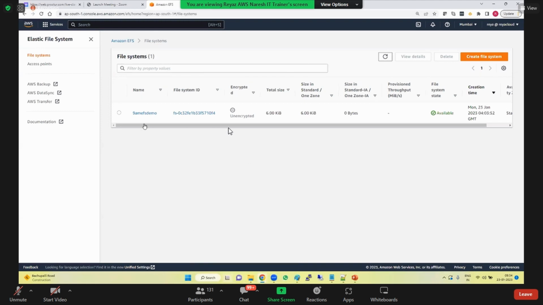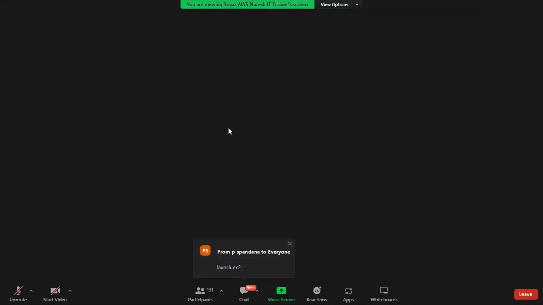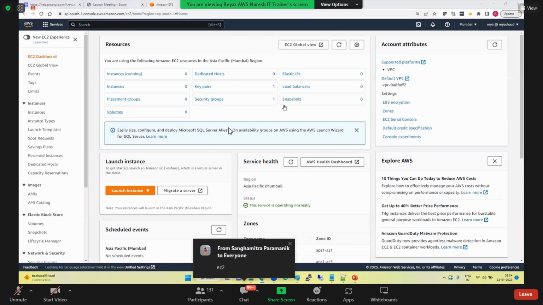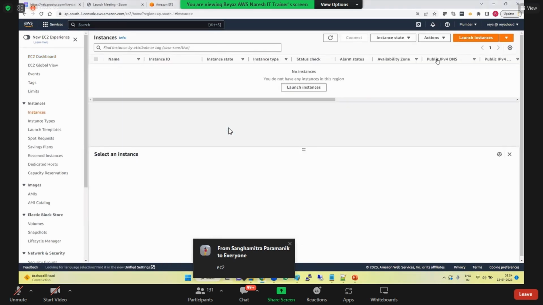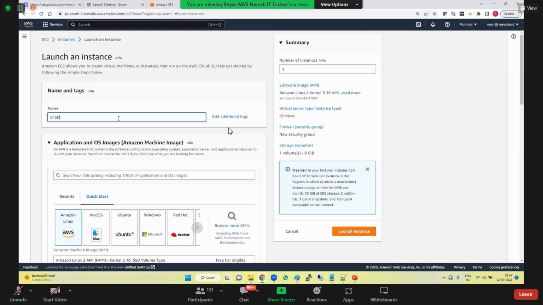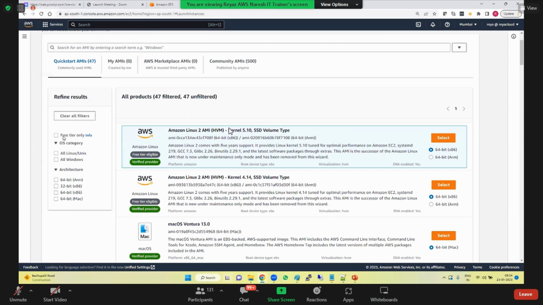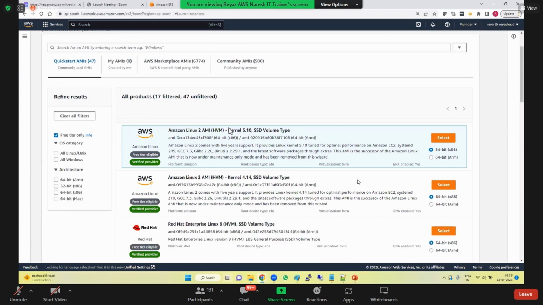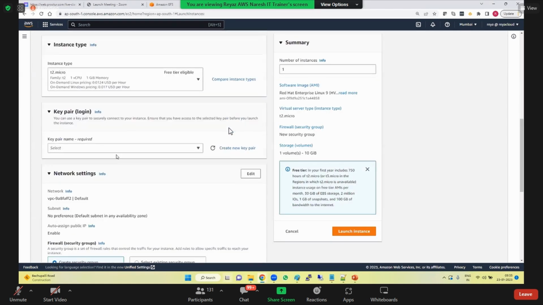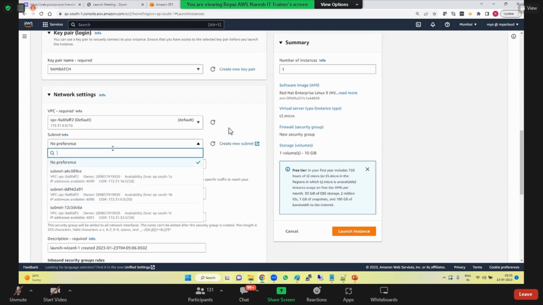Yes, let's go ahead and then launch EC2. Launch instance. So call it as EFS demo 1. So browse, free tier, and Red Hat. So come down and select your 9 AM batch and go with any of the